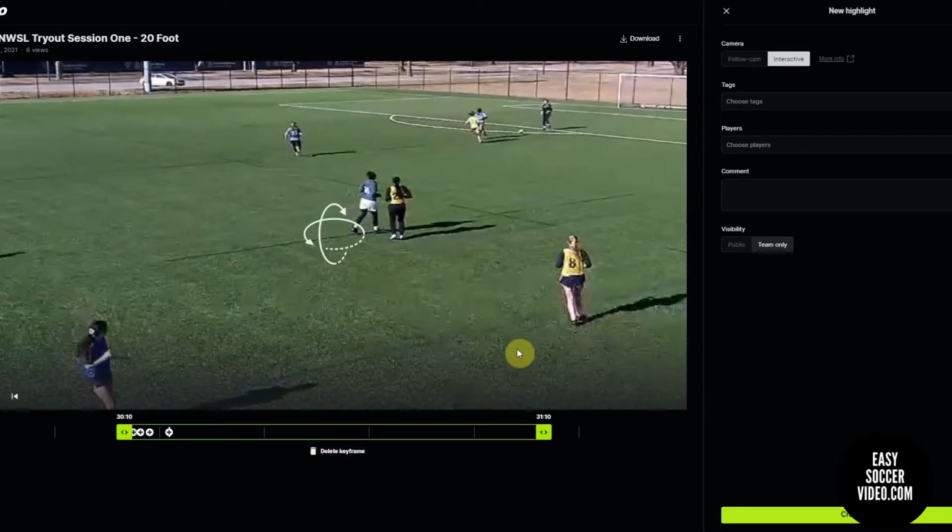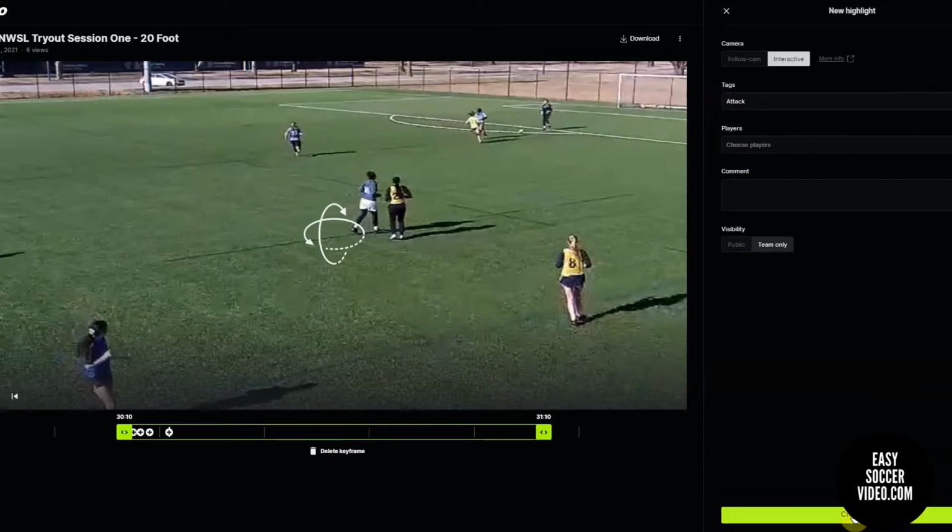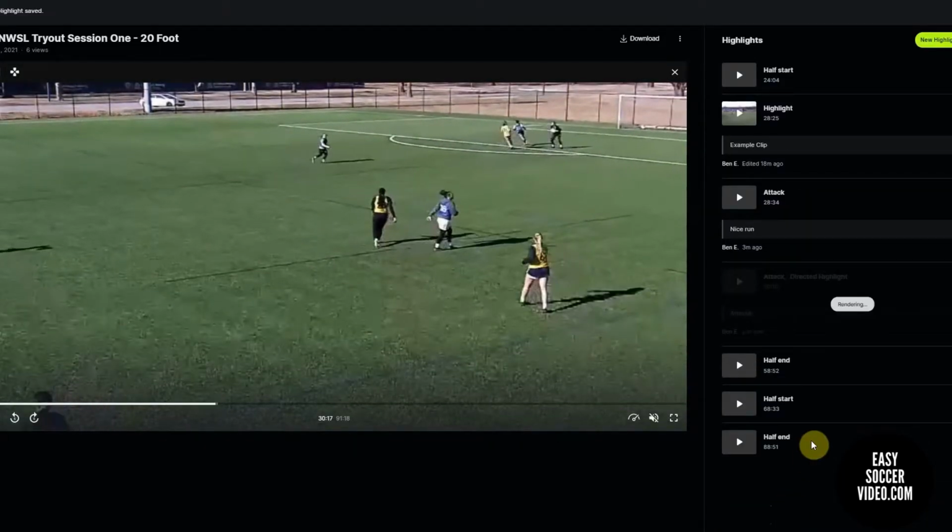And so then at that point, you would pick a tag. You don't have to pick a tag. Leave a comment if you wish, and then you create it. And then what that does is,